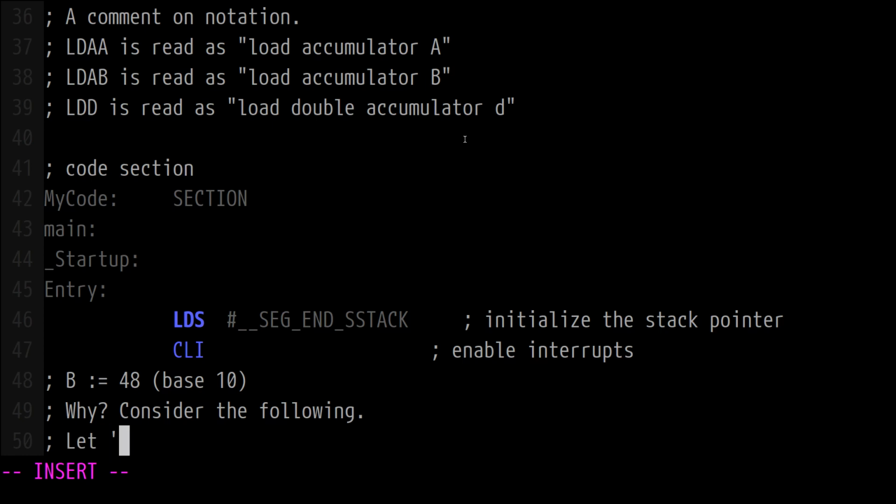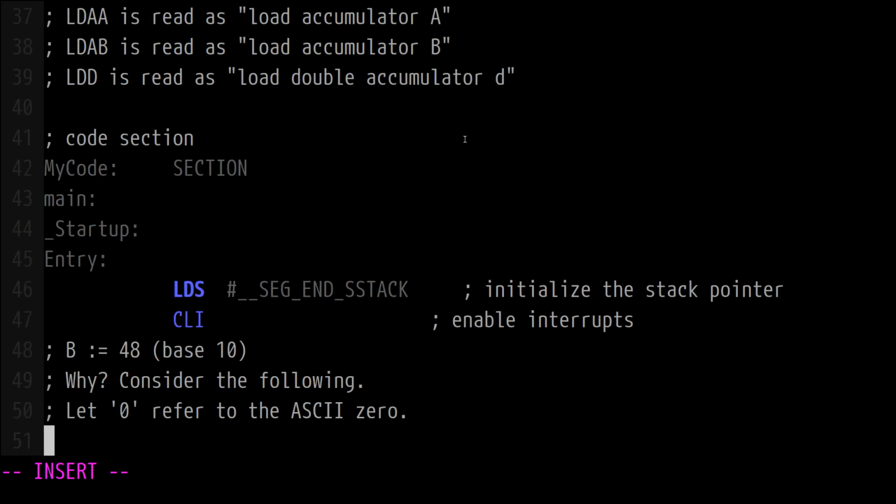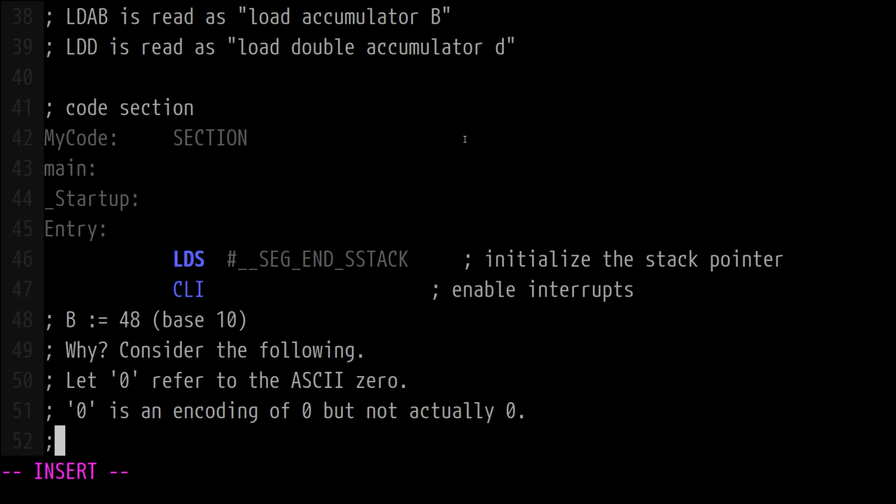And here's why. Consider the following. If you let this symbol refer to the ASCII 0, you should note then that it is an encoding of 0, but not actually 0. So we have to get the raw value of the ASCII 0. And ASCII has code points. I think they're called code points. I know in Unicode we call them code points. In ASCII they may be referred to something else, but